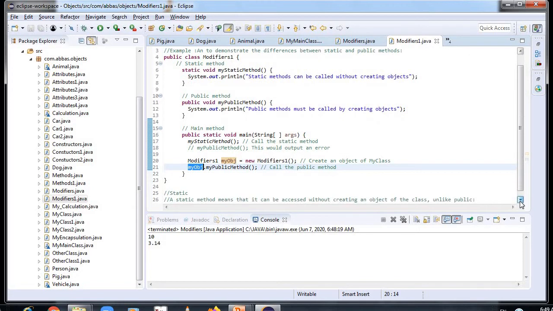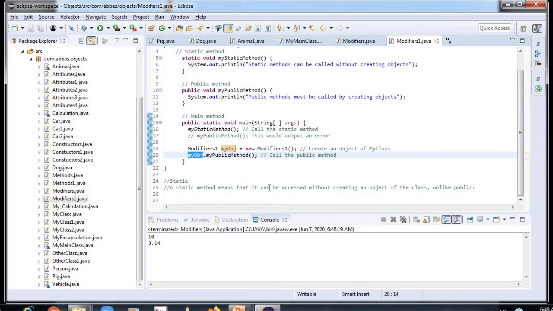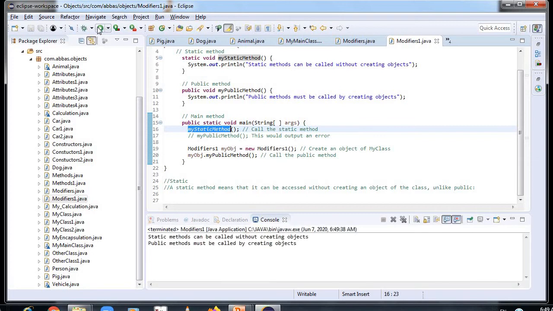So here is the conclusion: a static method can be accessed without creating an object of the class, unlike public. In public I have to create an object, whereas in static I directly put the static method and the output got printed. Now let's see the output. The static method can be called without creating an object, and the public method can be called by creating an object.